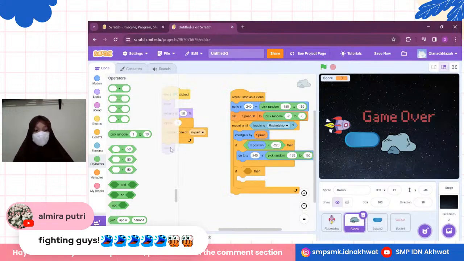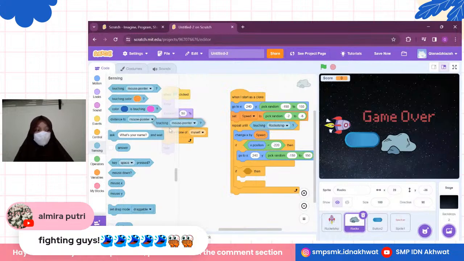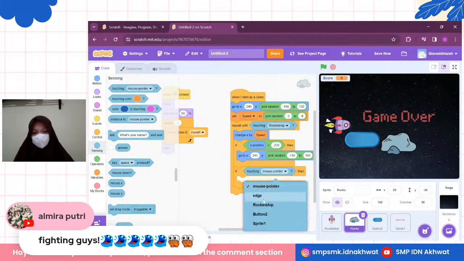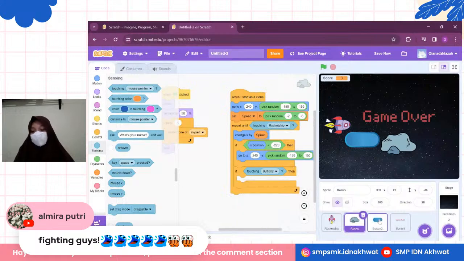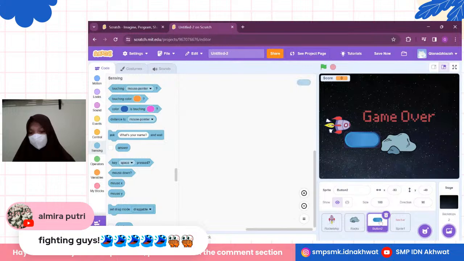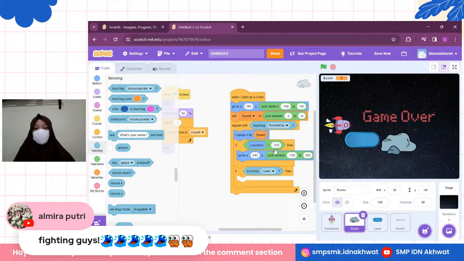And for the second if then, if touching button 2, yeah, for the button, maybe we can change first. Change this to laser. Okay. In the sprite name, change it to laser. Okay. So if touching laser,